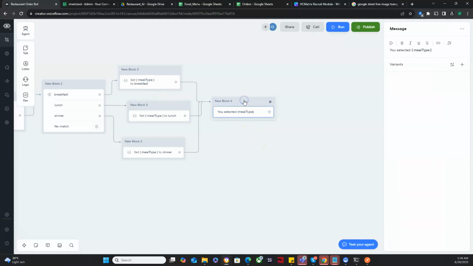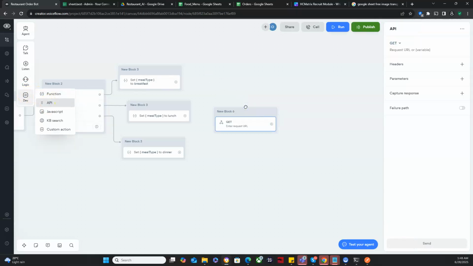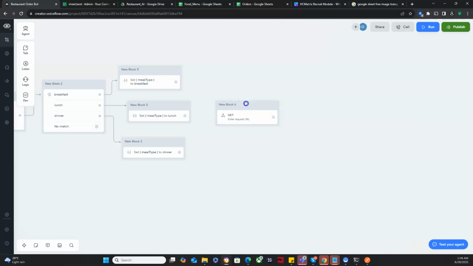Now let me take this out. So now just come to the API step, and we use the get step here. This get step is going to help us retrieve the information from the food menu. Now we'll see how that works in a bit, but first, let's connect these. Good. Now in the get step,